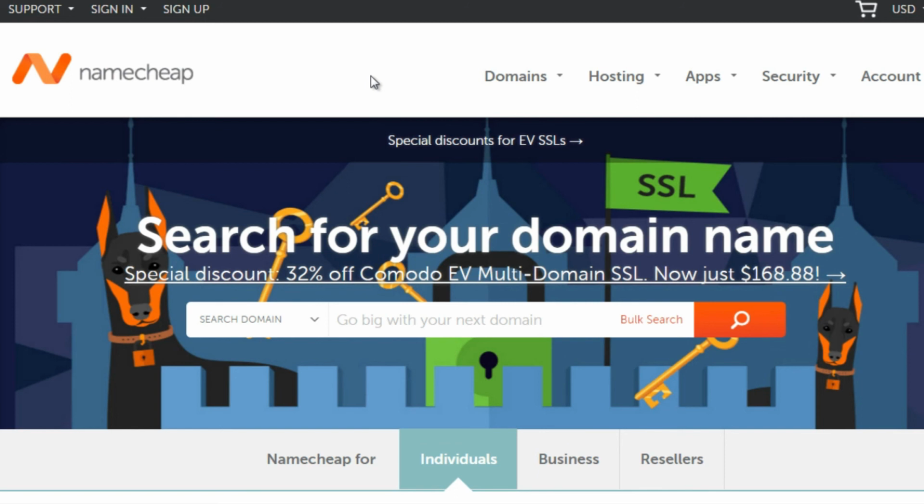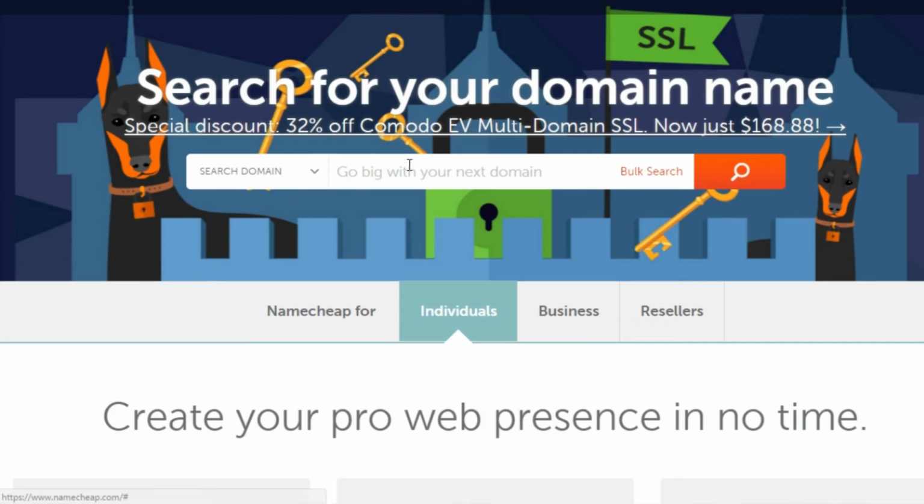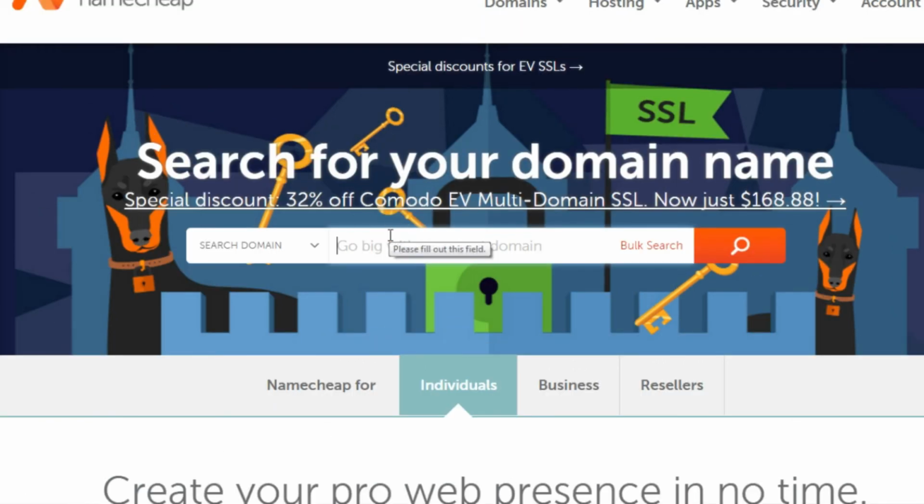Okay, so in order for you to get this to work, you need to have a domain name because you need to have your own brand, essentially. So what you need to do is head on over to a site called namecheap.com. Namecheap is a domain registrar, which is where you can buy your domains. So you can go here, and if the domain is available, you can actually get access to it.